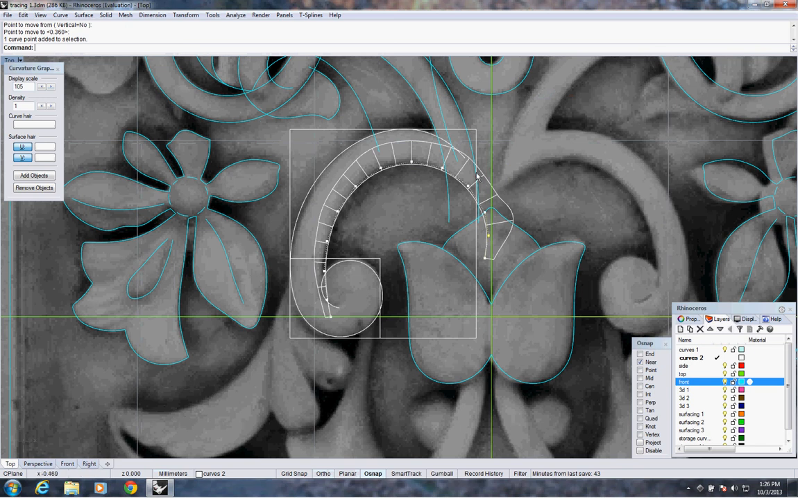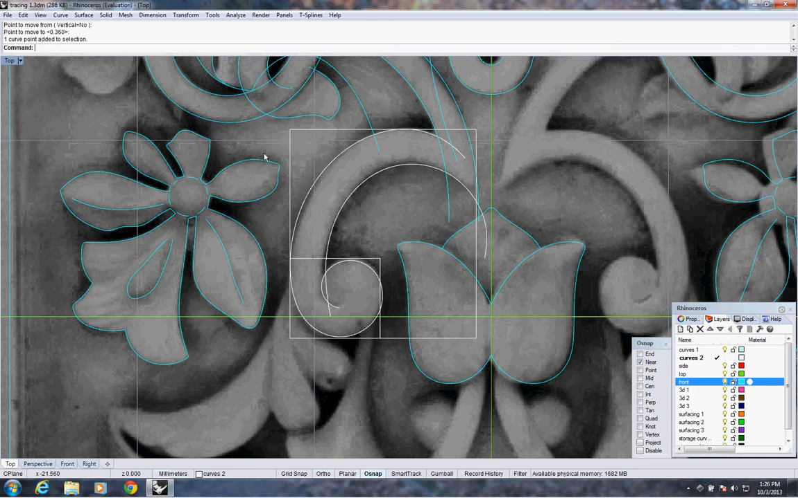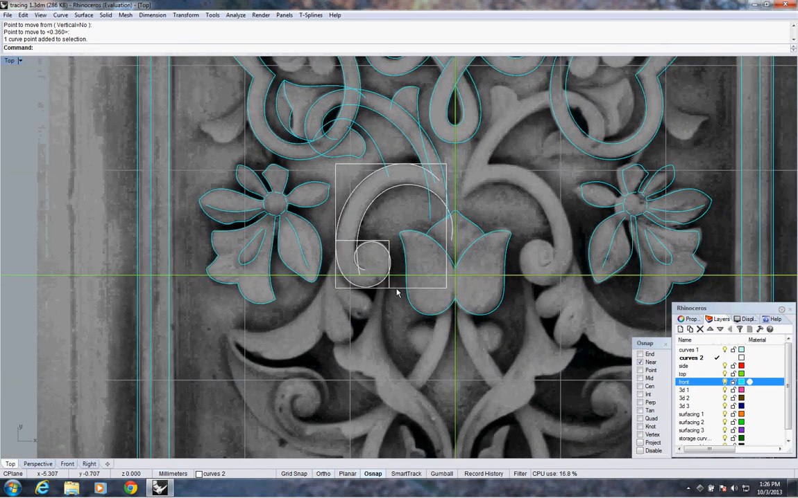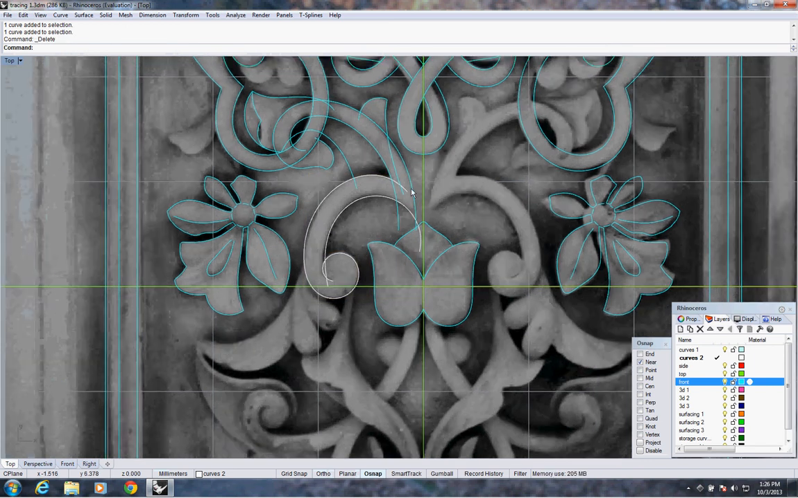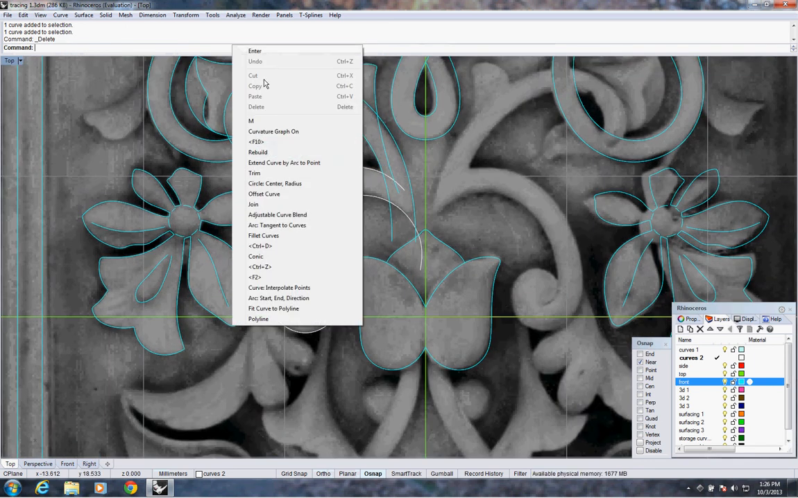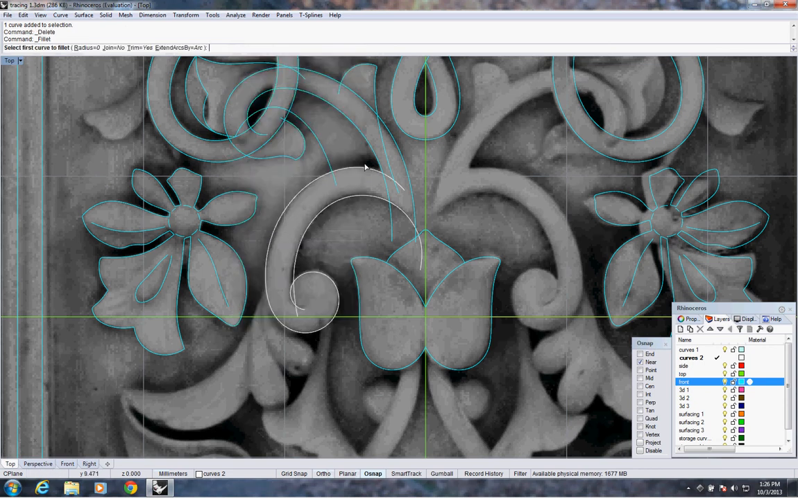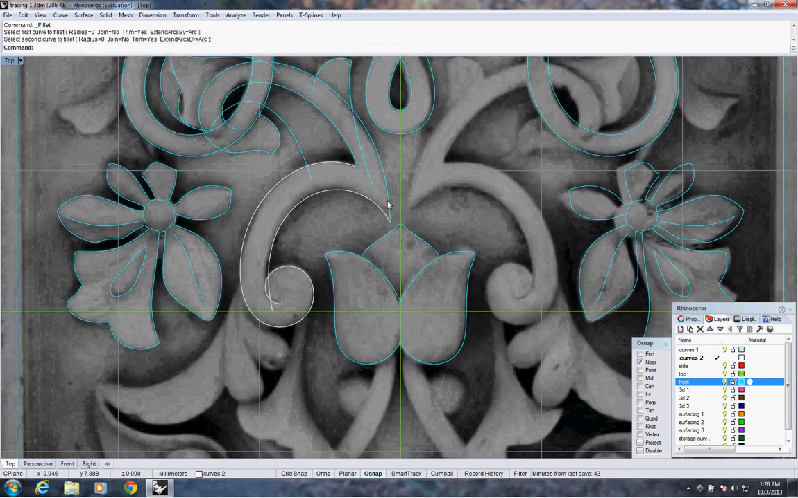Now, see how it's all bulgy down here? That's all going to be trimmed away. I don't care. So that's fine. Throw away my reference boxes. Going to do a couple of fillet curves. Tidy up that inside corner. Tidy up that outside corner. Obviously, I don't want this sharp point, so